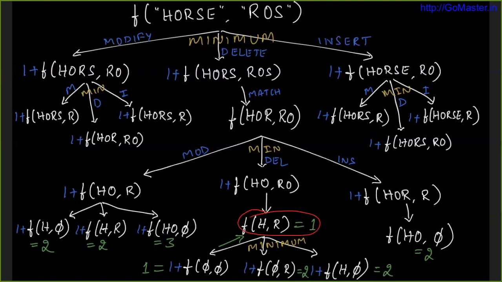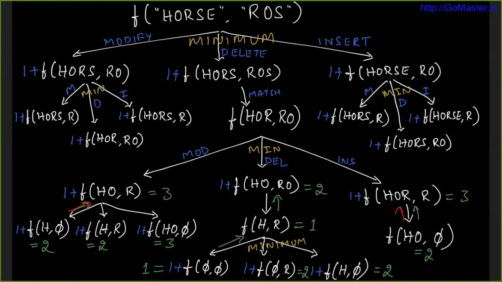Similarly, on the left side, if you see, this is also just 1. F of h comma empty is 1, but because of plus 1, it is 2. And this is also 2, we have already seen. And this is going to be 3. Look at this, there is 1 here, and then h and o, both of them need to be deleted because the target word is empty, right? So if you figure out, all of these cases are going to be like that. So this is going to return 2, one of them, and then we have a 2 here. Again, there's a match,